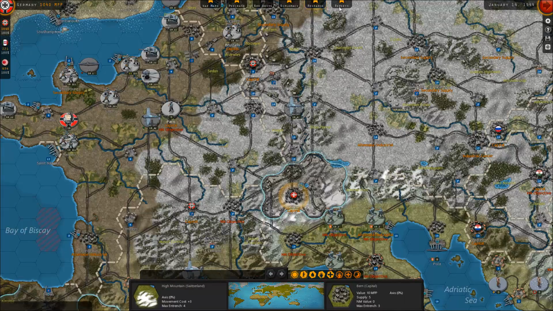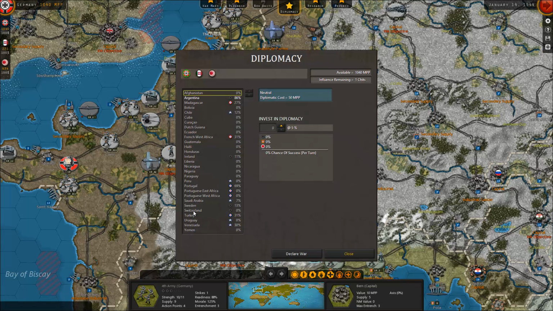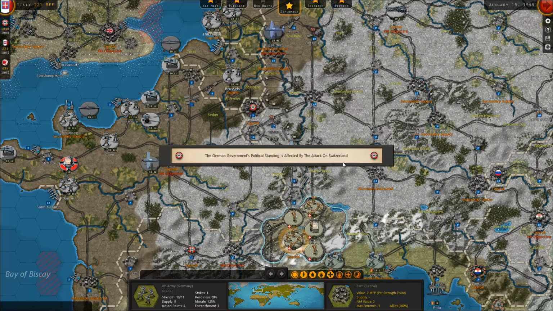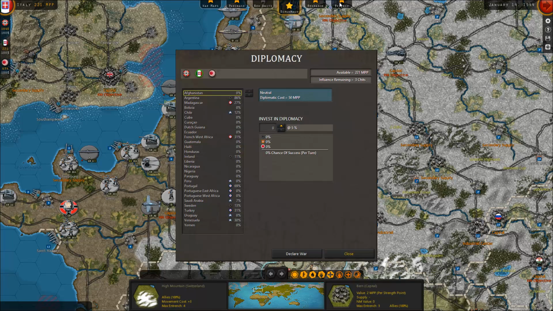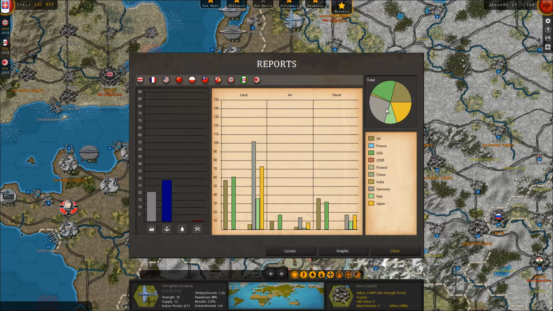Let's declare war. And I will do that in diplomacy with Switzerland. No, I want Italy to declare war on Switzerland. Oh, they have plenty of forces. The German government's political standing is affected by the attack. Mussolini's regime loses credibility. Well, what does that matter anyhow? That they lose credibility. So maybe that makes their national morale suffer, or...